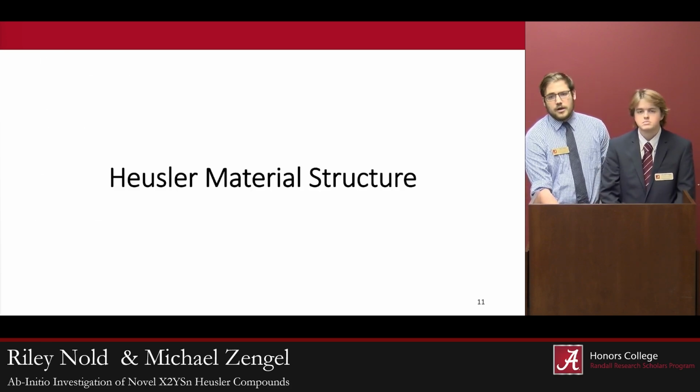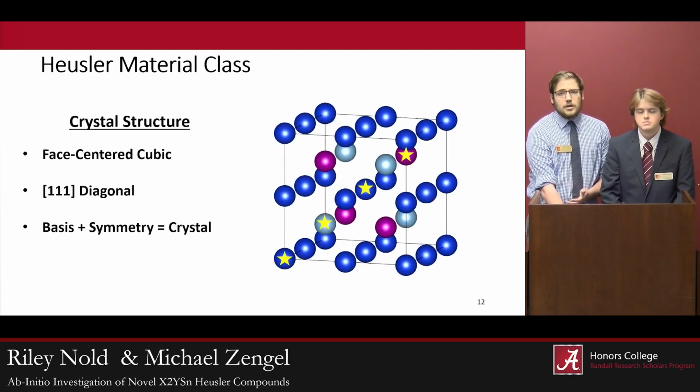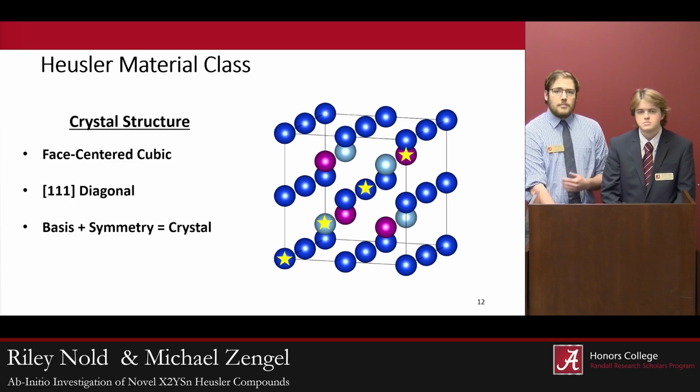In order to contextualize our later results, it's important to understand a little bit more about the crystalline structure of Heusler materials. If we zoom in on a crystalline unit cell of an ideal Heusler alloy, we see that they form in an ordered fashion known as a face-centered cubic structure. And while there are many atoms within this unit cell, we can actually model the entirety of the crystal by simply looking at the ordering of the X, Y, and Z type atoms along the main body diagonal, also known as